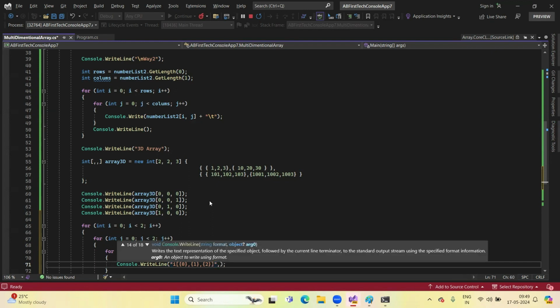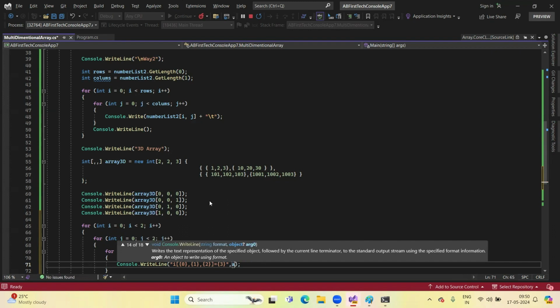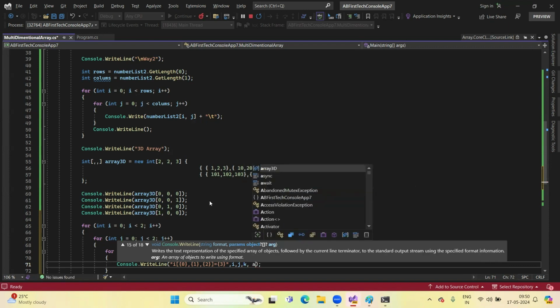So 0th position, I want to print A, which is nothing but your i, j, k. Next array